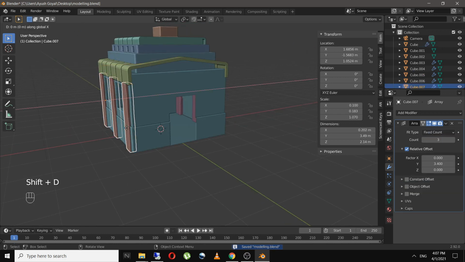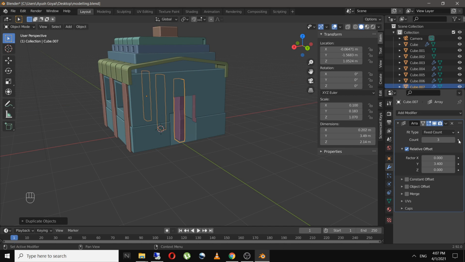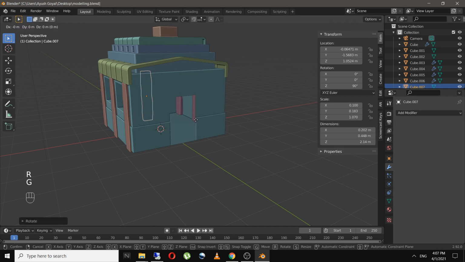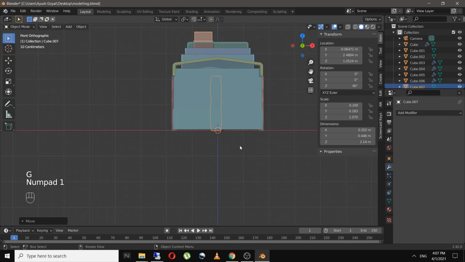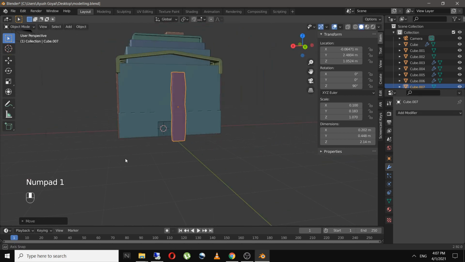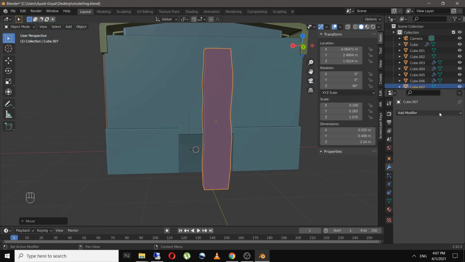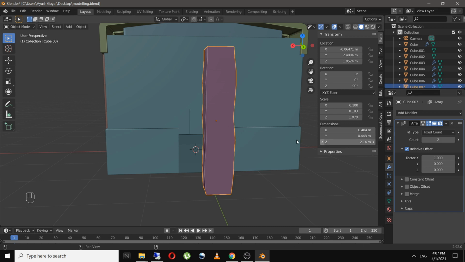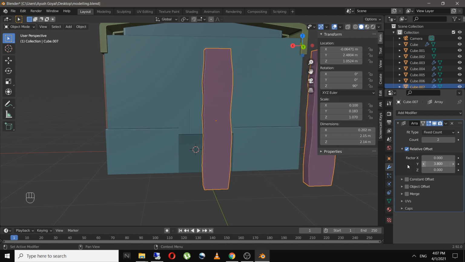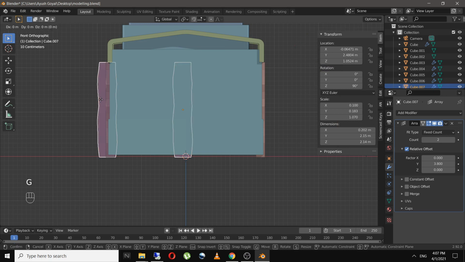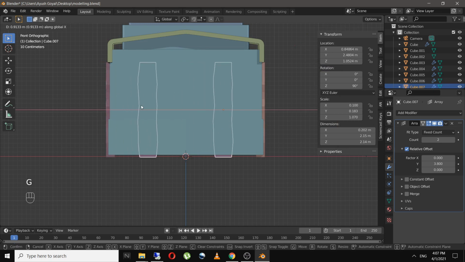And I will copy this wooden plank, delete the array modifier, rotate it on z-axis and bring it on front. So I'll again add the array modifier and on y-axis, yes. So I will increase the factor of y and move them on x-axis.